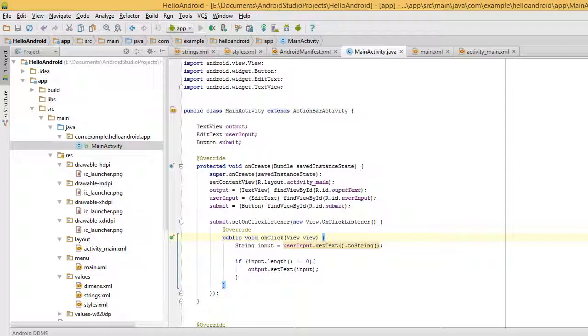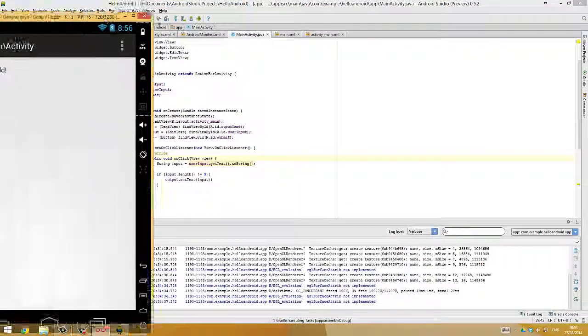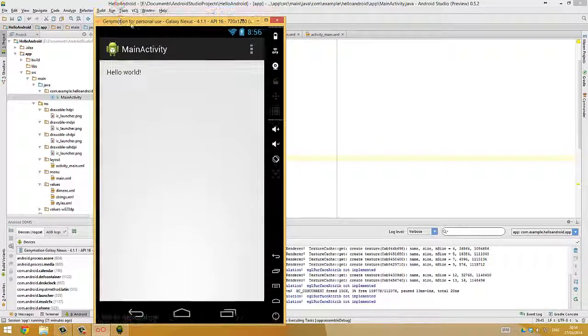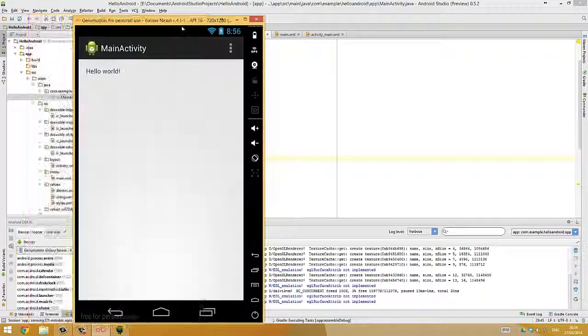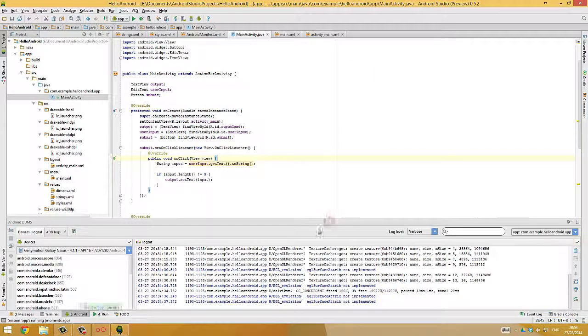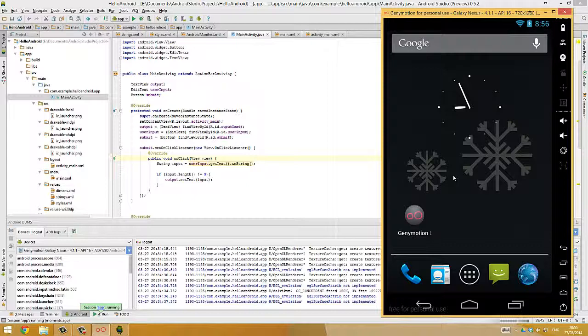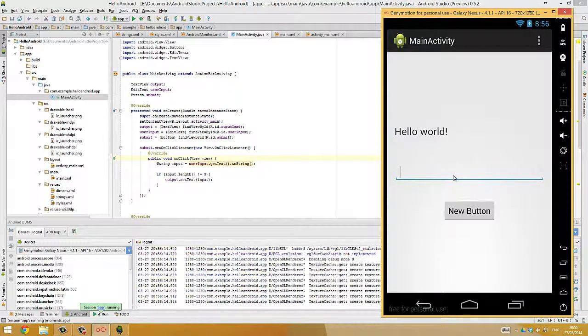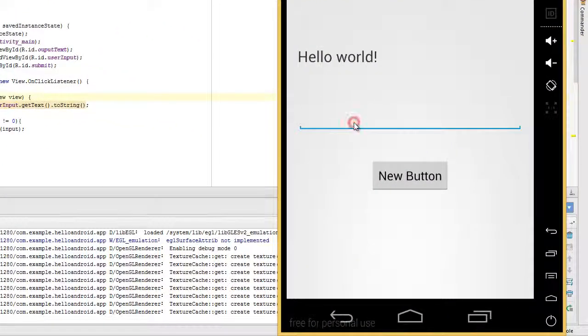So like we did before, we'll just press the play button and we'll wait 5 years while Android Studio decides it's going to compile. Okay, and we pick our running device. As you can see, the emulator's changing. Okay, so now we have our information here. We actually forgot to set the text for the button, so it looks a little bit stupid at the moment. But either way, what we're going to do is press the button. Nothing happens. Then we're going to say hello, press the button, and it sets the text view up here to